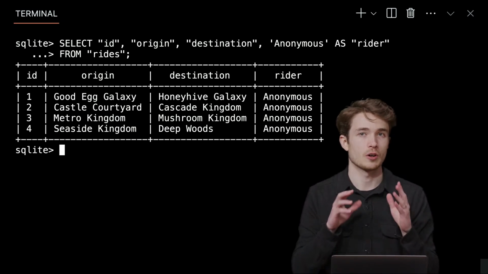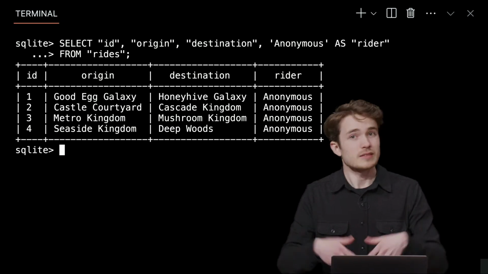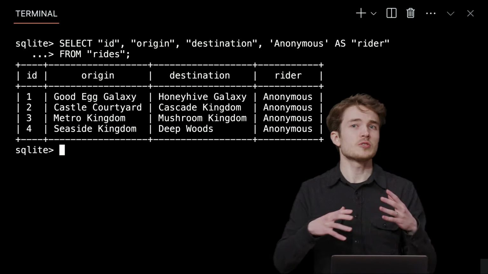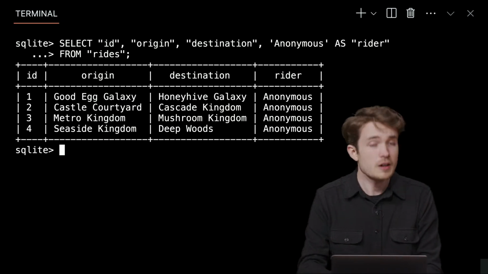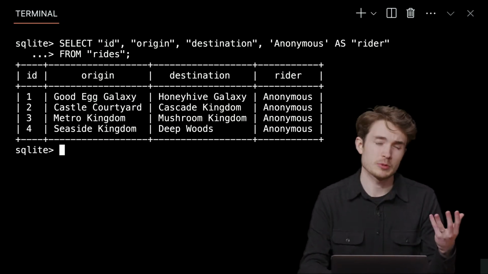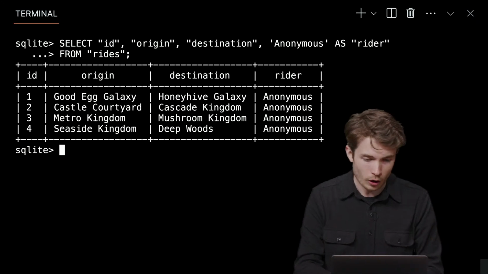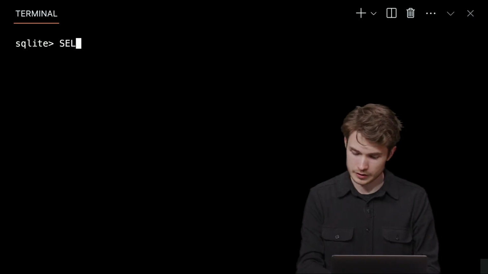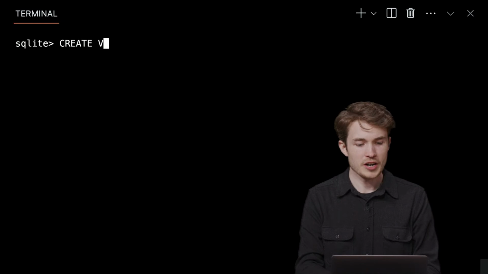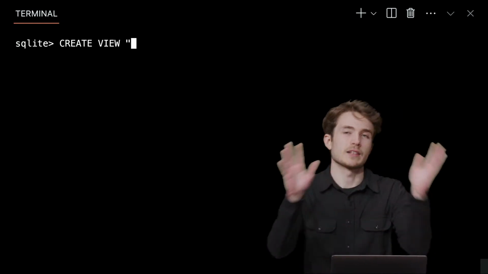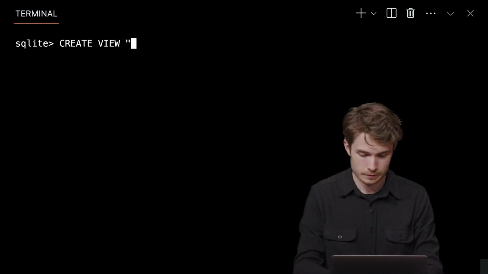So my last step here is probably to turn this into a view. I have a good query, but I want to save it so I could query it later on. Well, I could type select, or not select, I could type create view first. I'll create a view, this one just called analysis. I'll give this to my data analysts here. Create view